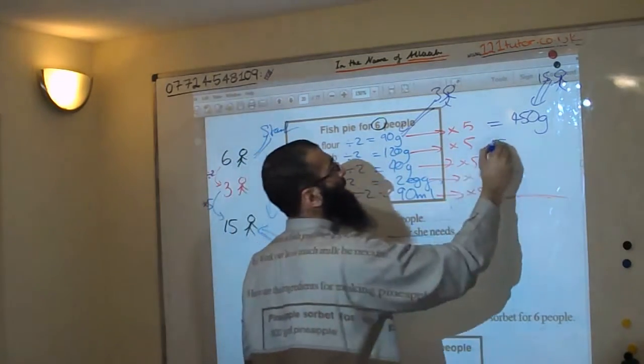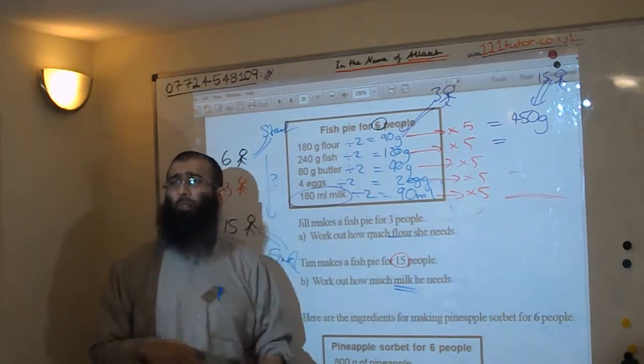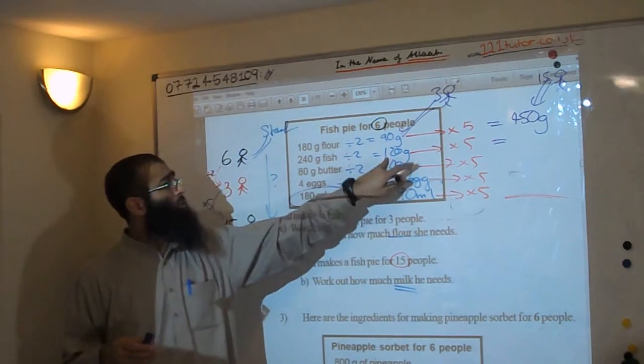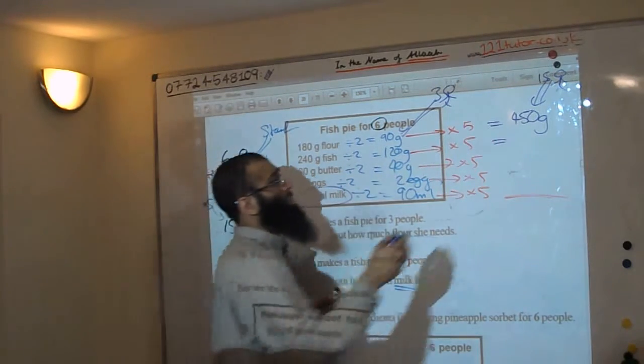120 times by 5. Okay folks, this is a non-calculator question. 120 times by 5. Don't get stressed in the examination. Do 100 times by 5 is 500. 20 times by 5 is another 100. So the answer will give us